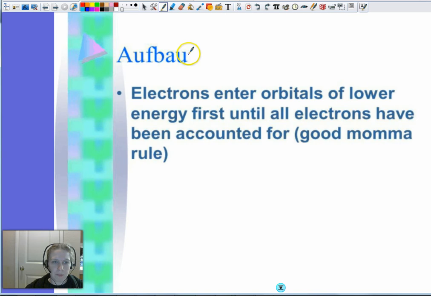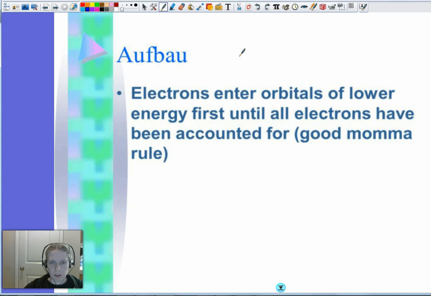The Aufbau principle is that electrons enter orbitals of lower energy first until all electrons have been accounted for, also known as the good mama rule, making sure all their little electron children don't go wandering off. So we're going to fill our lowest energy levels first. We're going to fill up the 1s and then fill up the 2s, the 2p,